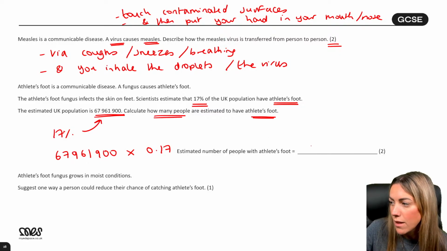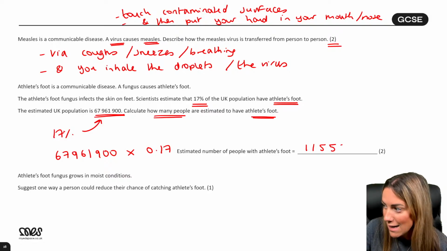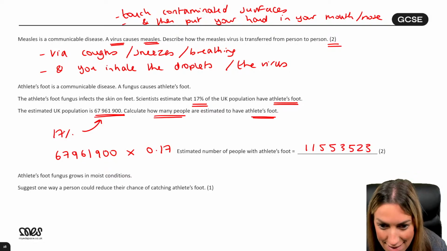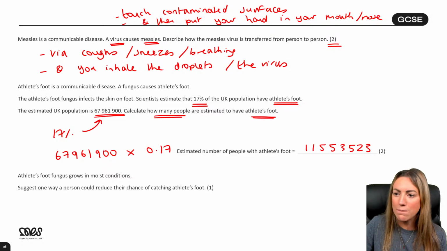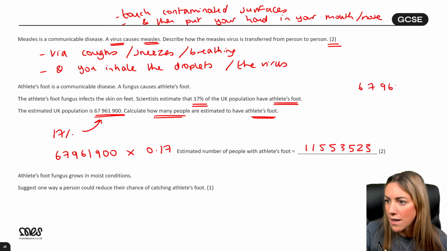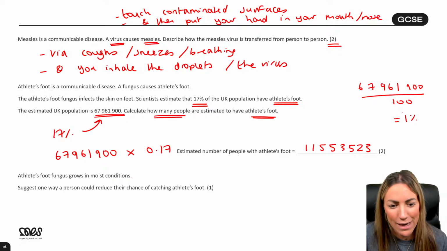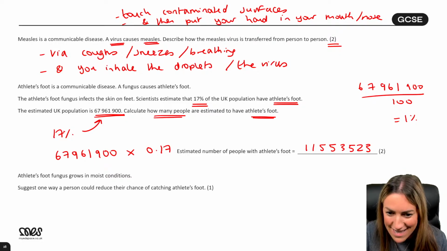Or you could divide it by 100 to find 1% and then multiply that by 17, which is what I used to do when I was in school, because that was like my fallback method. Is that what we're getting? Yeah, looks like you agree with me. So if you struggle with percentages, there's no shame. You could divide that by 100. I remember getting told in school, if you divide it by 100, you find 1%, and then you can multiply that by 17 to find 17%.